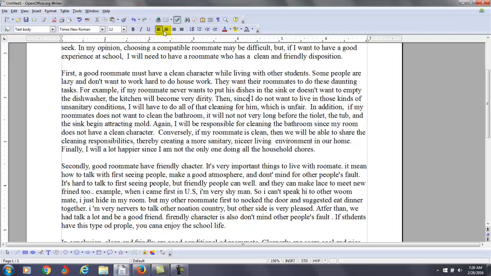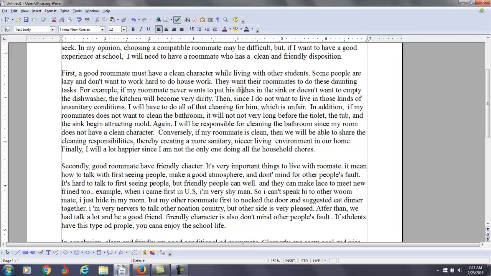Now, the other thing I want you to see here is that I changed a lot of your vocabulary. Your vocabulary is too simple. Remember that you're trying to prepare yourself for college level writing, so you want to use college level vocabulary words. That's why I put this word in there, daunting. I put that, but also I put very specific words, very basic words, but words that help to explain your